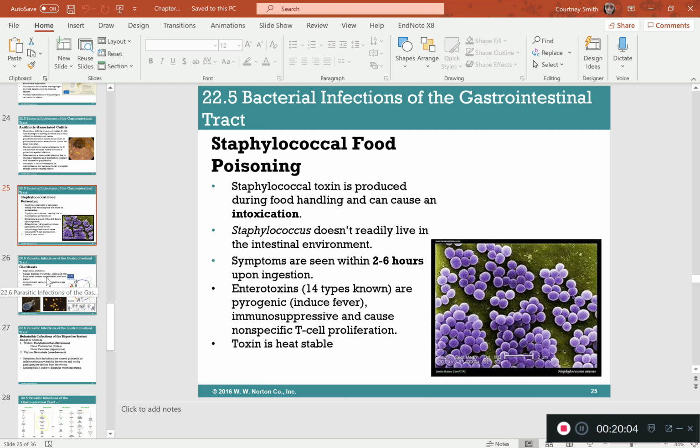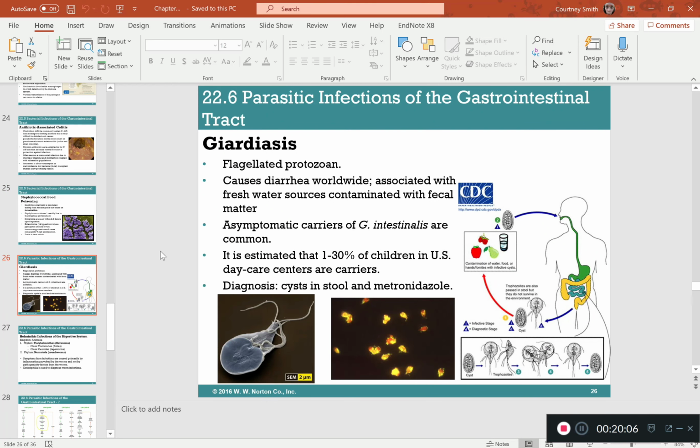Okay, so now let's talk about parasitic infections real quick. The first one we're going to talk about is a flagellated protozoa. It causes diarrhea worldwide. What will happen is that you will ingest water contaminated with fecal matter that has the parasite